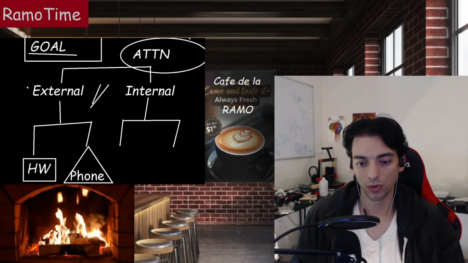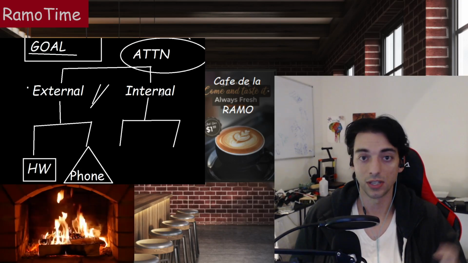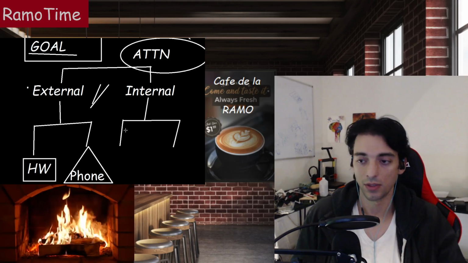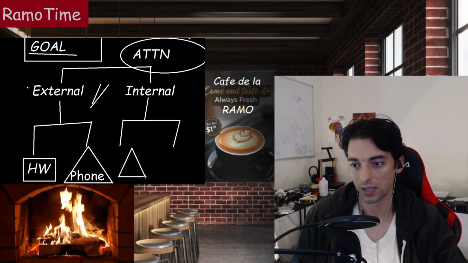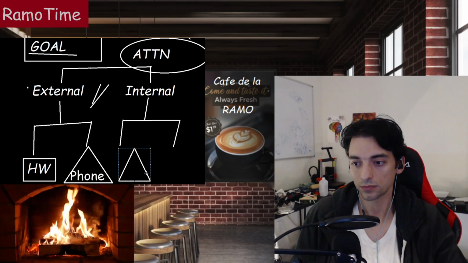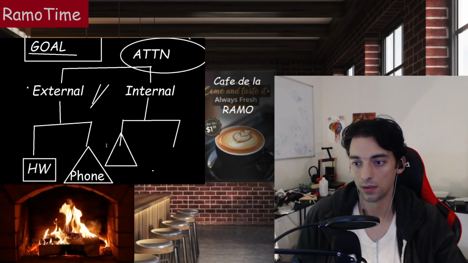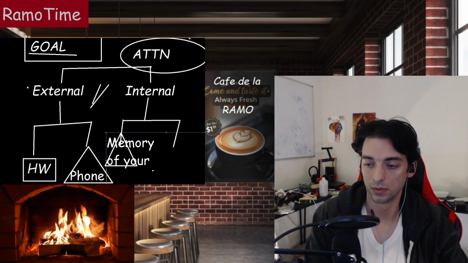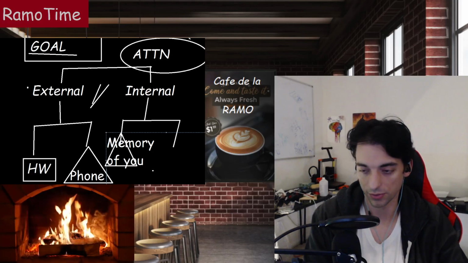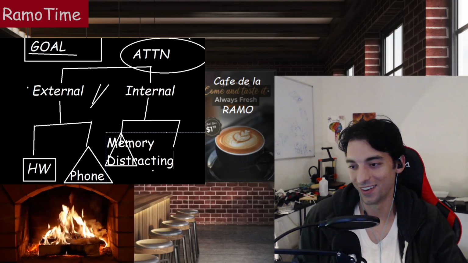There's the outside world, there's like your phone going off, there's the book you should be reading, and then there's the internal, which is like rumination and thought. So I'm going to use triangles for the distraction again. So let's say this is that memory of you, I don't know, peeing your pants in middle school or something, some distracting memory. All right, and then